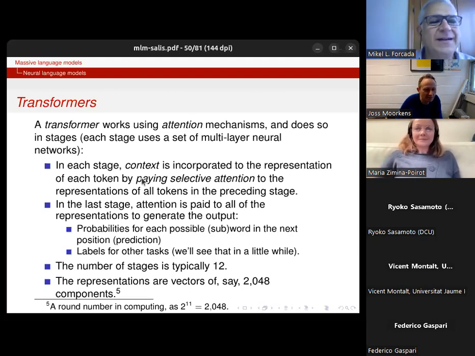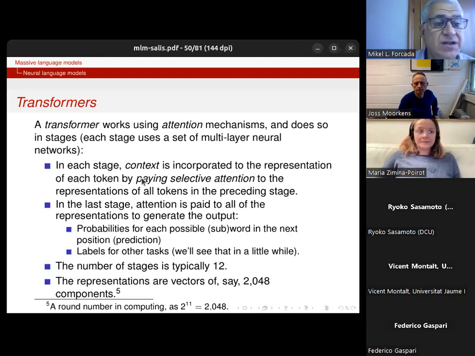Thank you, Mikel. So a transformer works using a mechanism called attention. In fact, the paper, as you saw, is called "Attention is All You Need," and it applies these attention mechanisms in stages. 12 stages in the figure before, and each stage uses a set of multi-layer neural networks. So it's a rather complicated architecture. And in each stage,